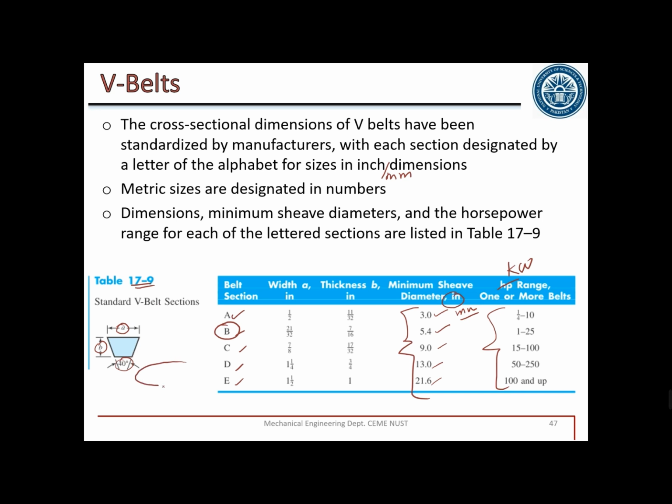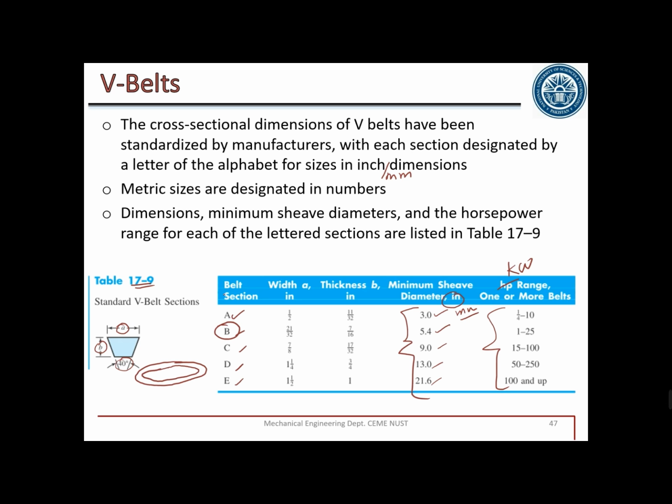Inner circumferential means like this. If the belt has a thickness, let us see here, B, there will be different circumferential lengths of the inner section and outer section. The inner section circumferential length will be minimum. So the value with letter B gives the circumferential length of the inner side, this side. Depending on the cross section, we can calculate the outer circumferential length. But the issue is that for calculation, we can neither use the inner circumferential length nor the outer circumferential length. We have to calculate an effective length.